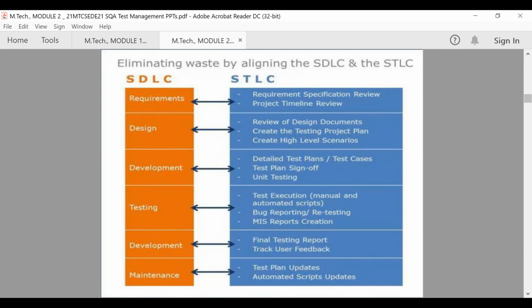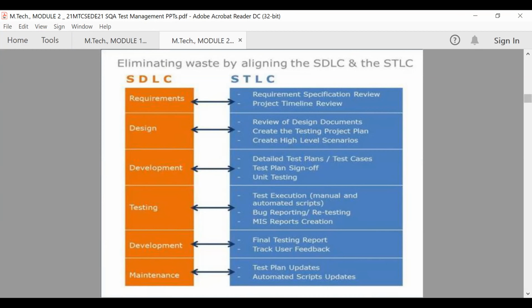Then the next step is test execution. It may be manual testing or automated testing. Then the bug reporting and retesting should be done.